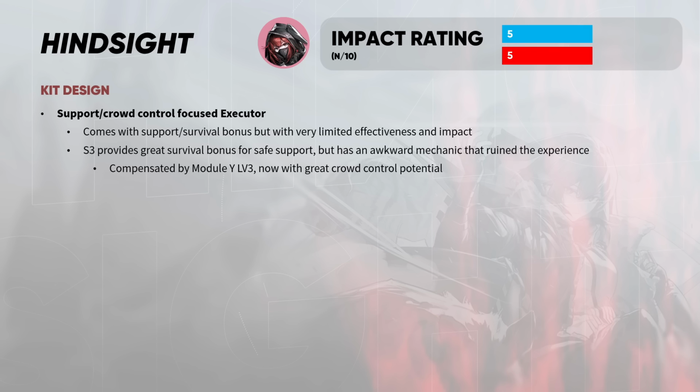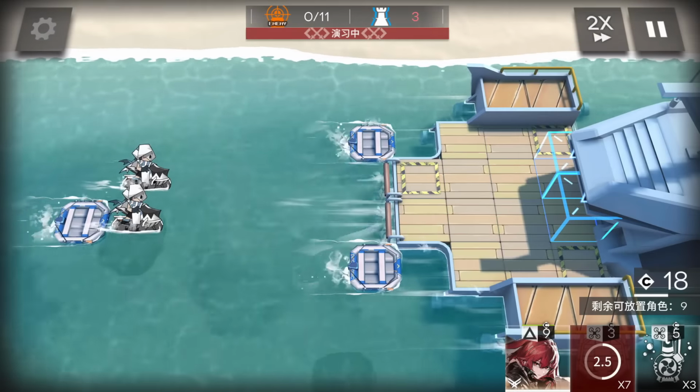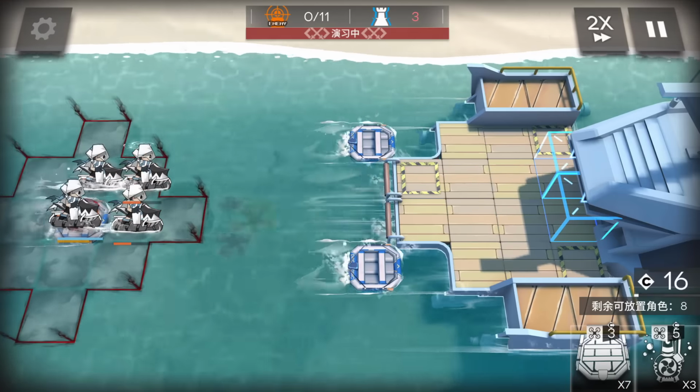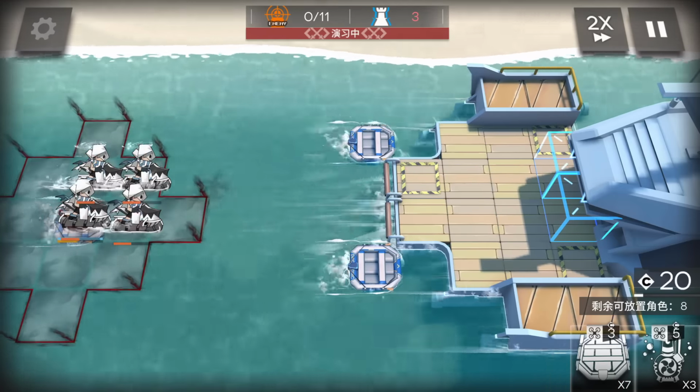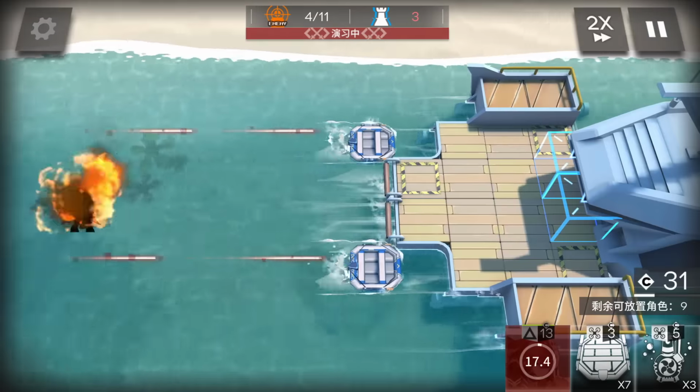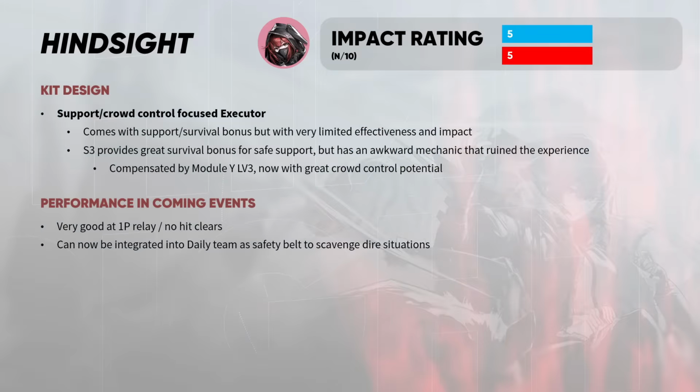So after being really bad looking for 6 months, she's compensated by Module Y, which finally grants her back the crowd control potential. For future performance, even before Module Y, Crownslayer was already showing up in 1P relay and no-hit clears. Her skill 3 range is the biggest among executors, and her crowd control and great survival add to that. And after Module Y, she can be easily integrated into your daily team as a safety belt to help scavenging